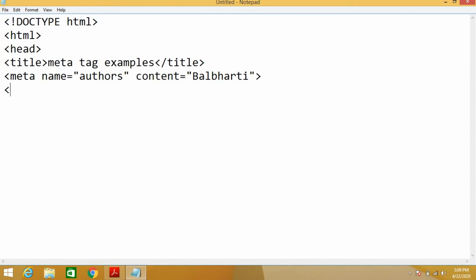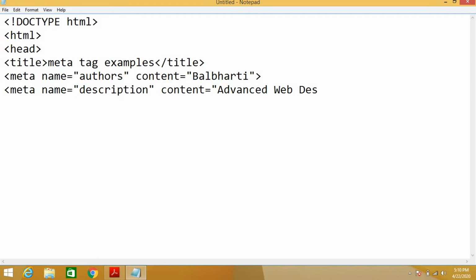I'm using the next meta tag, meta name equal to description. The content is advanced web designing. Next we have meta name, which is the name attribute, and the value is keywords.